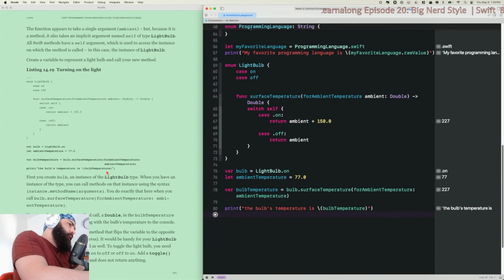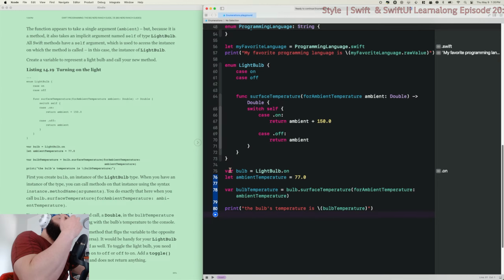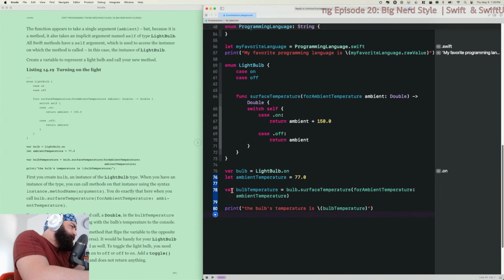First, you create bulb, an instance of the light bulb type on 75. When you have an instance of the type, you can call methods on that instance using the syntax instance.methodName arguments. You do exactly that here when you call bulb.surface temperature.